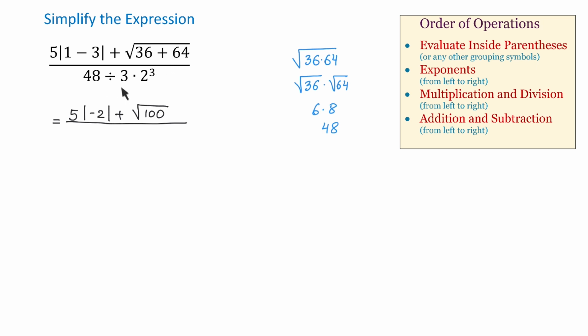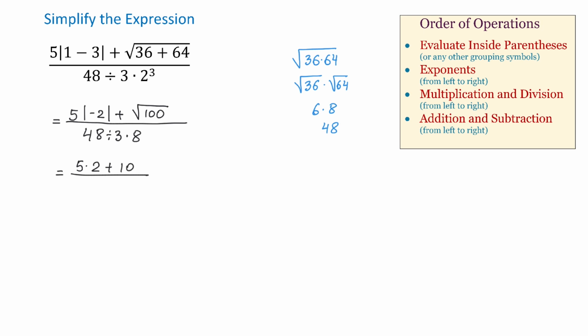Now, in the denominator, we have an exponent, so we will evaluate it first. So we will write 48 divided by 3, and 2 cubed is 8. Then we will have 5 times, and here absolute value of negative 2 is positive 2 because the absolute value represents the distance from this number to 0. So the absolute value will be the positive of this number, which is 2, plus square root of 100 is